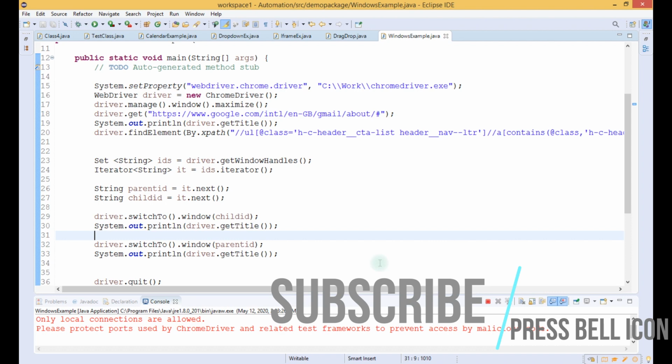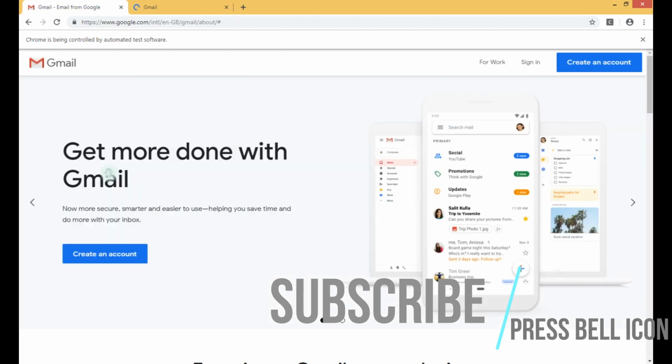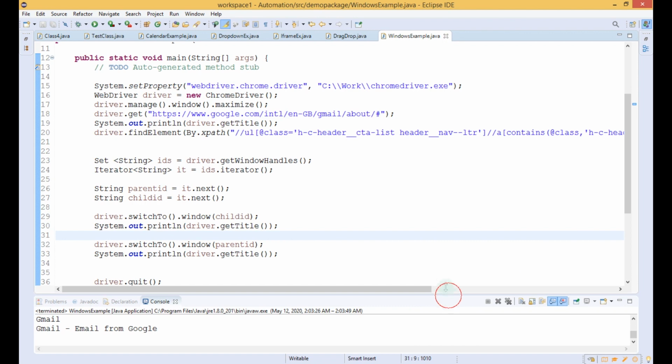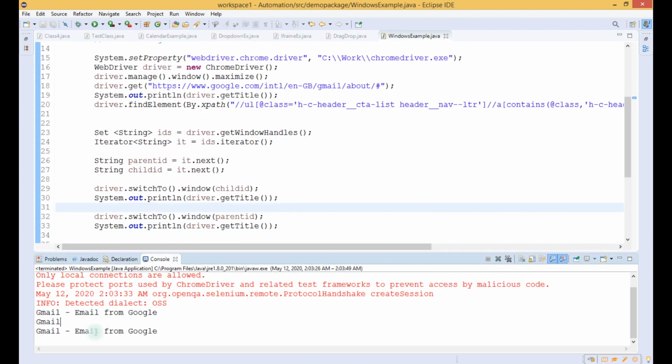Now the Chrome browser should be opened, and it is getting opened, and the URL is being loaded. Once it is completely loaded, it will click on the sign in button over here. Once this tab is completely loaded, it will close. So it has closed the WebDriver. Now we can see there are three titles printed.